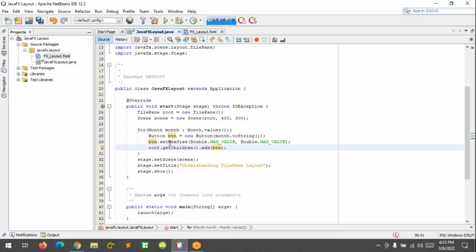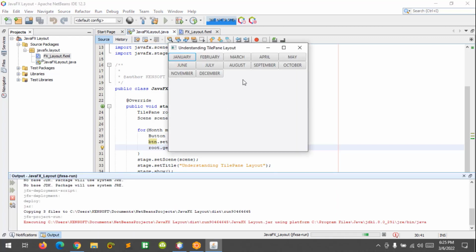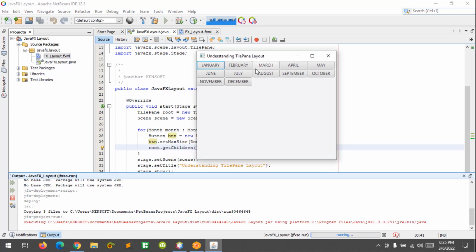Okay, and let's try running this program. Okay, this is how it looks like. This is the TilePane. It works similar to FlowPane. So you can see,